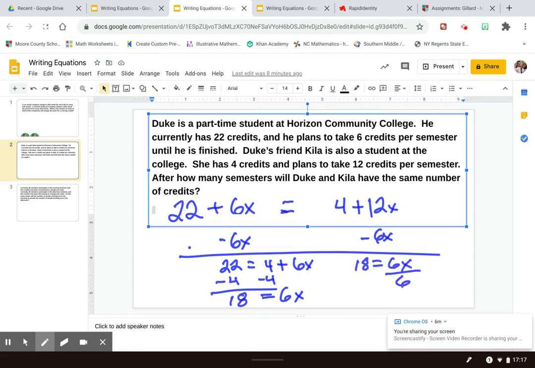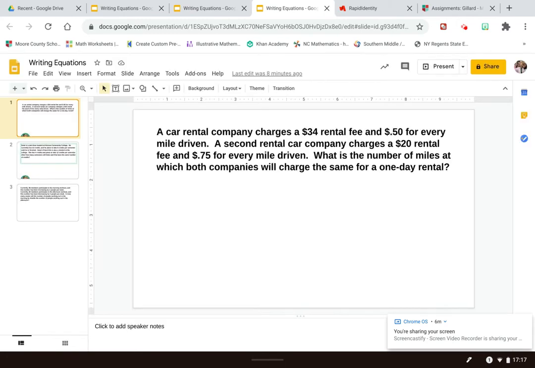Divide both sides by 6. And x equals 3. So after 3 semesters, Duke and Keela will have the same number of credits. Okay, let's go to the last one here,